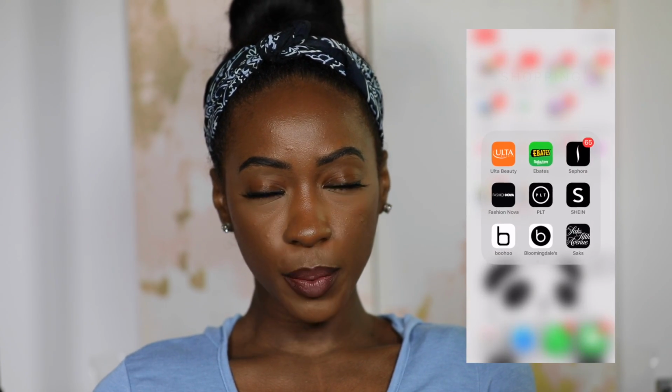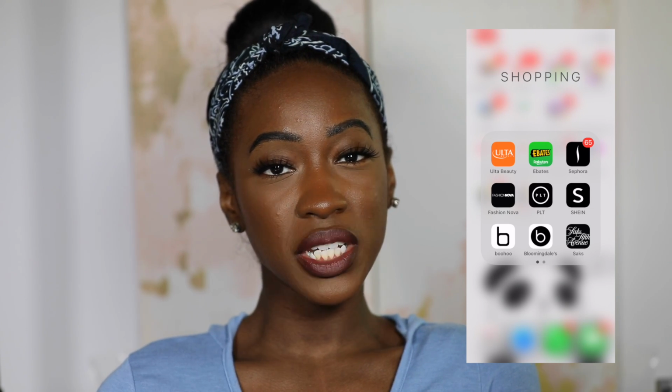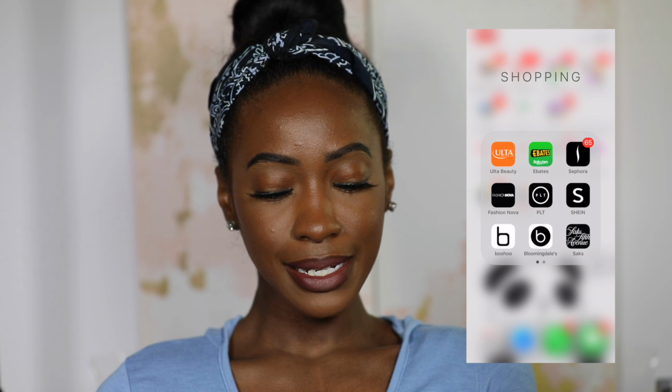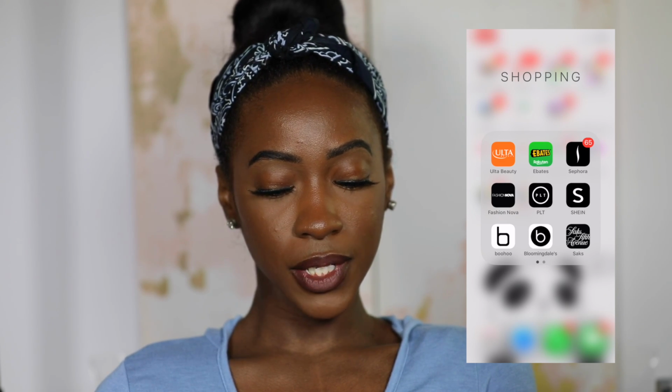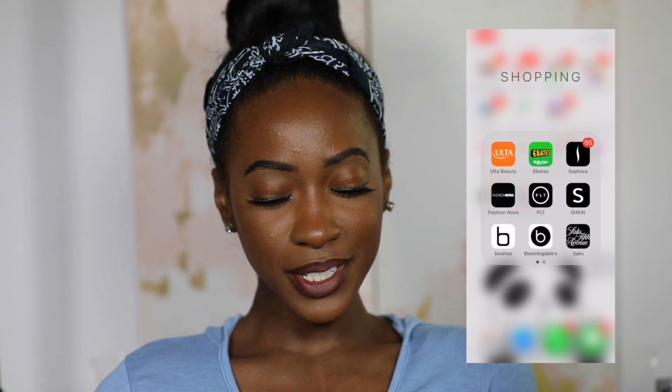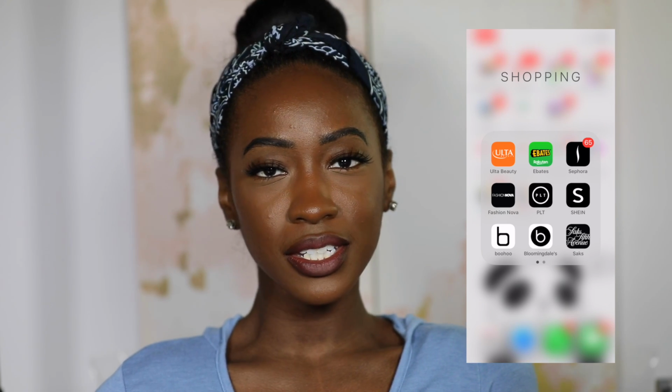Okay, so I've got shopping. Really the only type of shopping I do on my phone is either makeup or clothing. I've got Ulta Beauty and Ebates. Looking at it, I feel like it should be Ebates then Ulta Beauty. I'm that critical when it comes to how the apps are on my phone, but Ulta, I'm sure you all